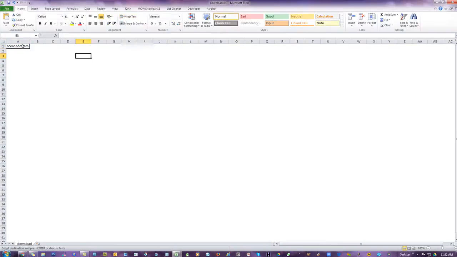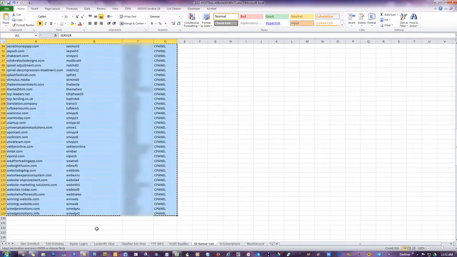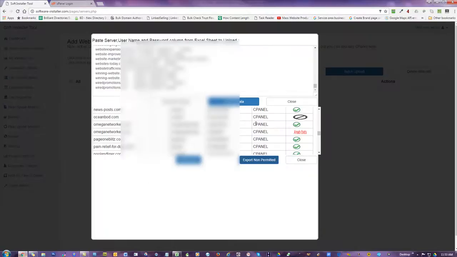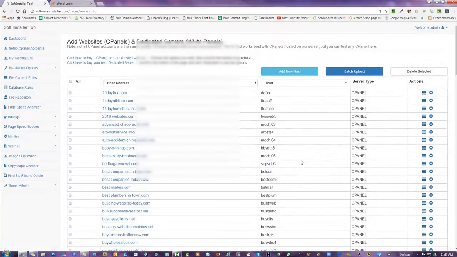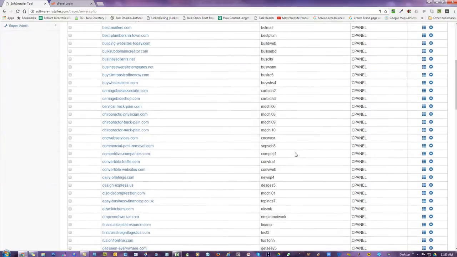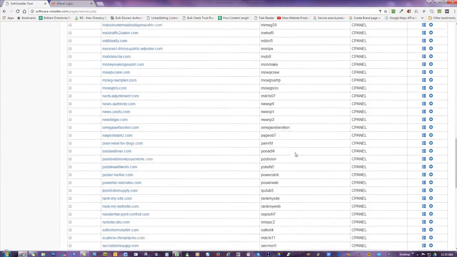Could be the domain expired, right? So there you have it. All right, so if it expired, the cPanel's gone, or if the guy actually changed his own password, then the one I have is outdated. Okay, there you go. So now I have my list. That way I can really understand what's going on with all my stuff, right? That's the idea. I know what is and isn't working. So, okay, there you have it. And so let me just go ahead and close. And sure enough, here's my whole big list,